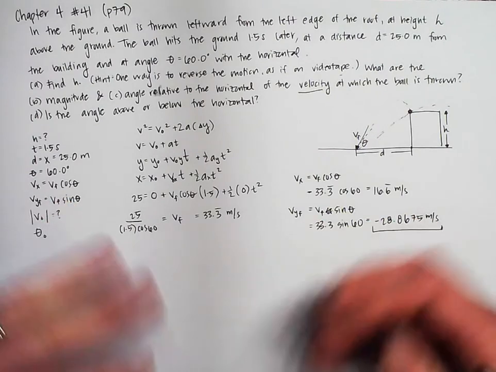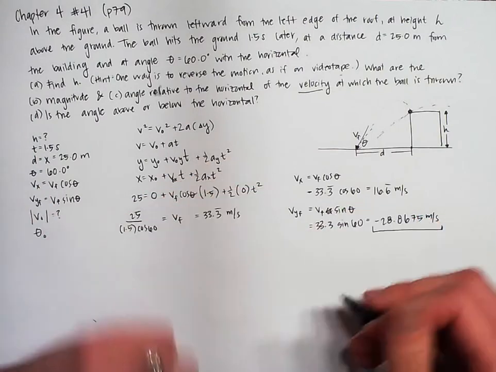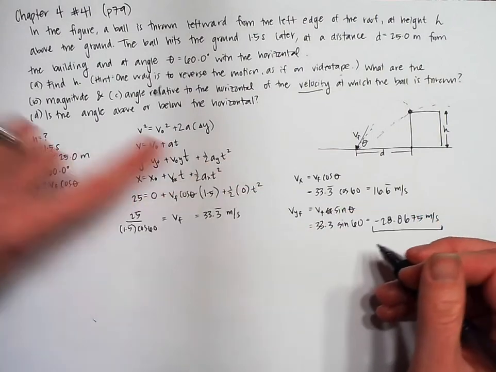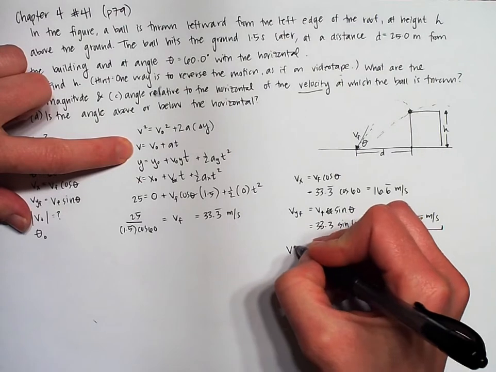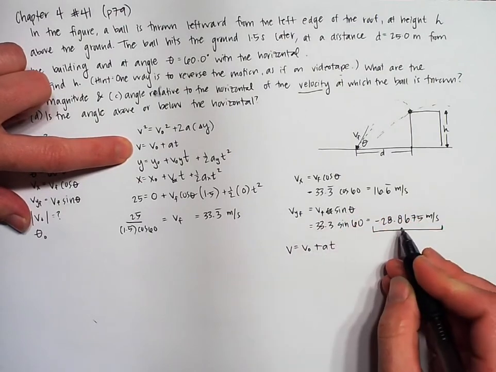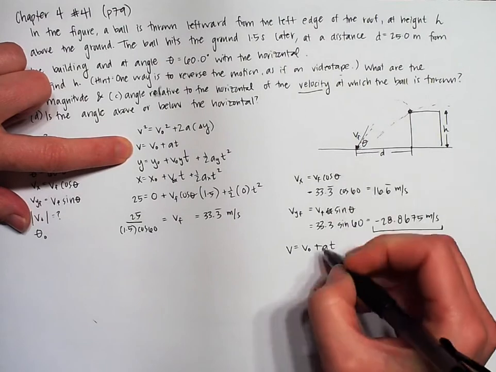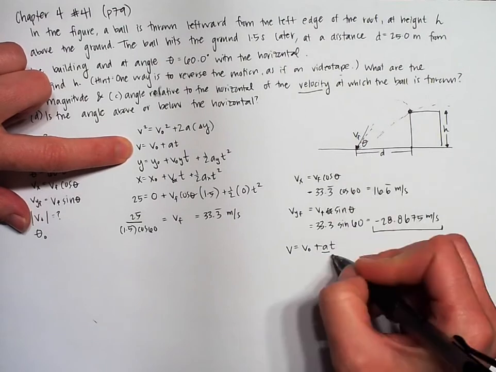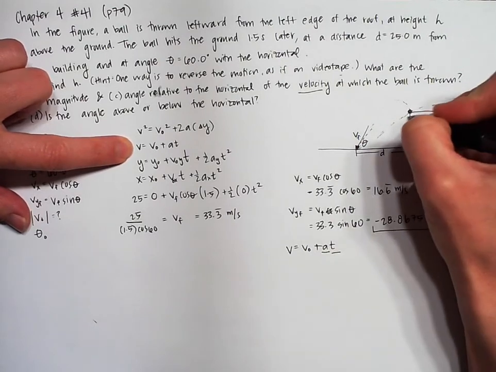And so, again, we're just piecing this together. So I want to try to figure out what else I can figure out. And I know that I have this equation right here, v equals v naught plus at. And since I now have my y final velocity and I know my acceleration in the y direction and I know my time, I can use this to figure out what my